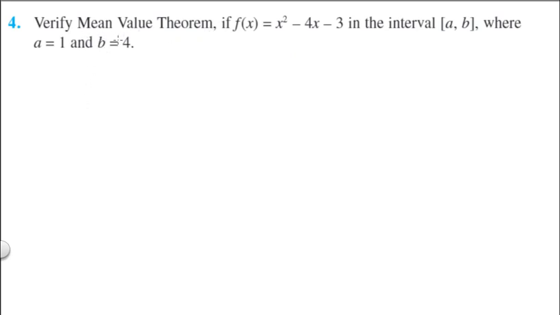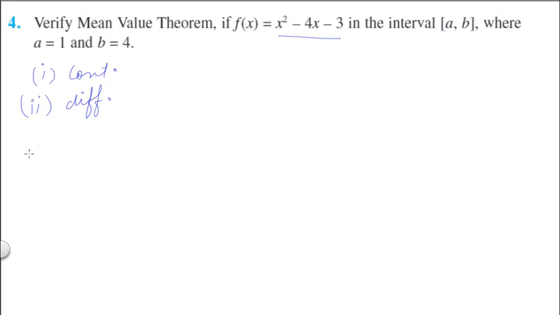Whenever it is written verify mean value theorem, that means Lagrange's theorem is to be verified. Clear? In this case, f of x is x square minus 4x minus 3. You see this is a polynomial function. It is continuous as well as differentiable. Hence we can say that Lagrange's theorem is applicable to it. First condition of continuity is there, and second condition of differentiability is also there, being a polynomial function in the